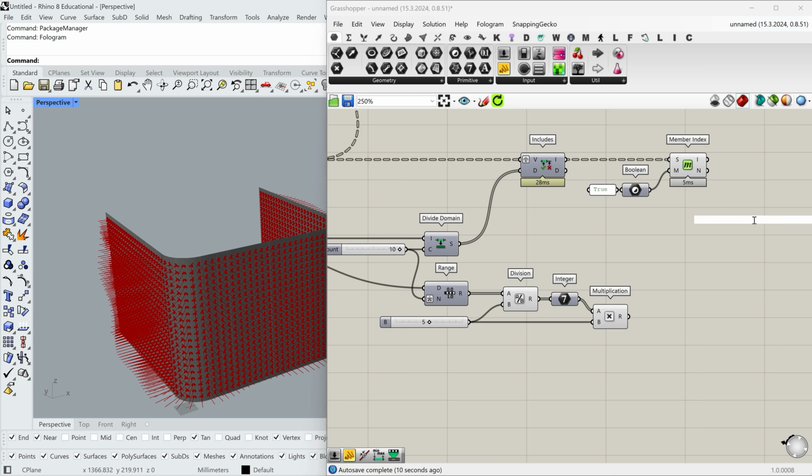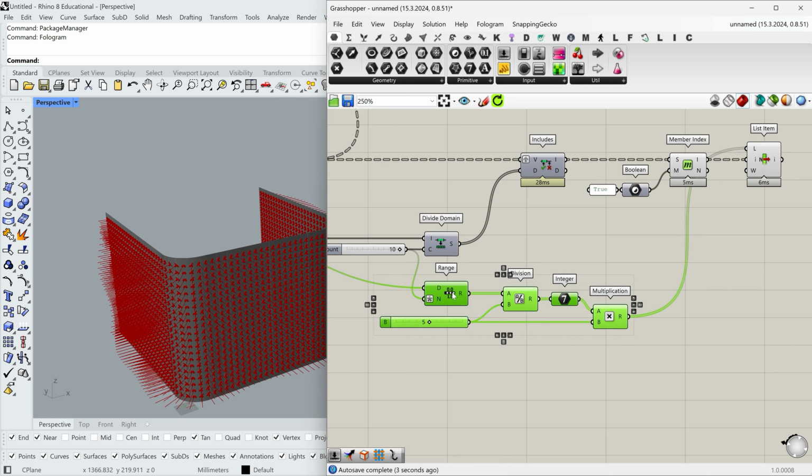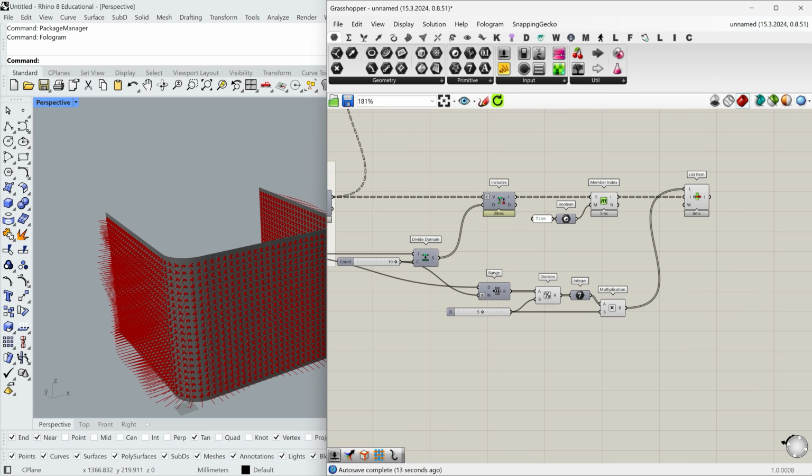And now let's use the List Item in order to select the proper lengths for every rod. As index, we provide member index, and as list, the list from multiplication. Okay, great.